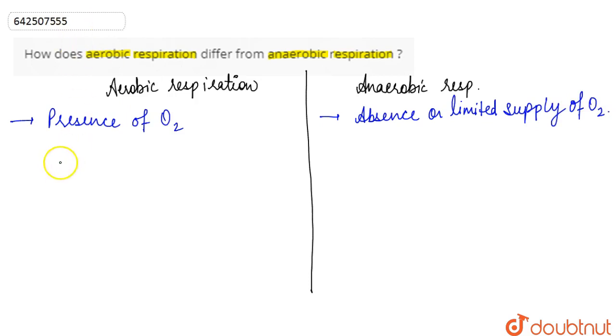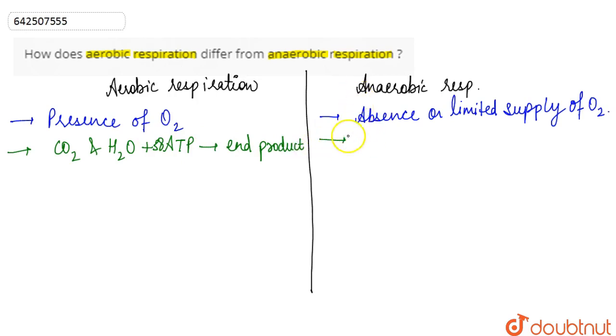Now apart from this, in aerobic respiration, carbon dioxide, water and energy, and 38 molecules of ATP are the end products. But in case of anaerobic respiration, the end product is basically lactic acid